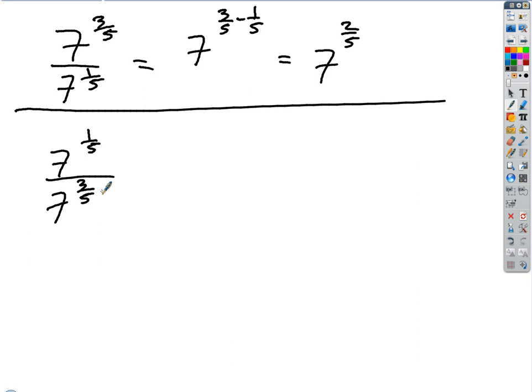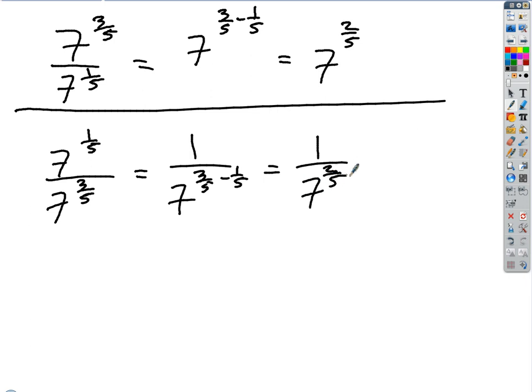Okay, good. So now, remember how this works. We said that if we divide like bases, we were a little more specific in the book about this. You always subtract the exponents, but you always keep the base where it has the most power, and subtract the other exponent, right? Exactly, so we can put a 1 on top, and on the bottom it's 7 to the 3/5 minus 1/5, so it's 1 over 7 to the 2/5, which honestly, I think is a fine answer, but